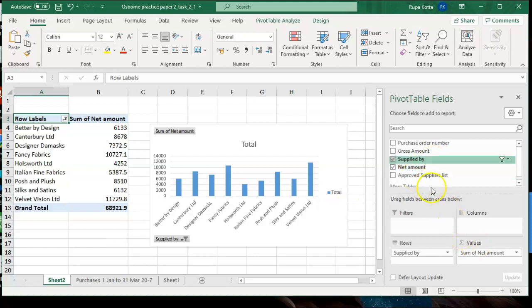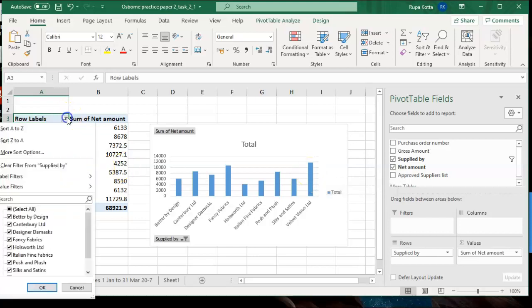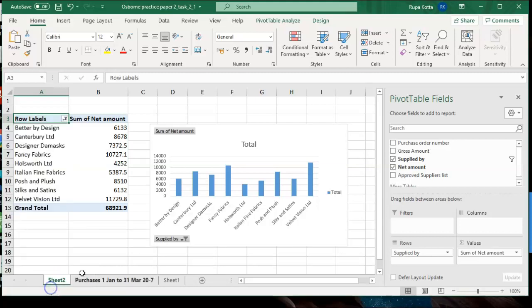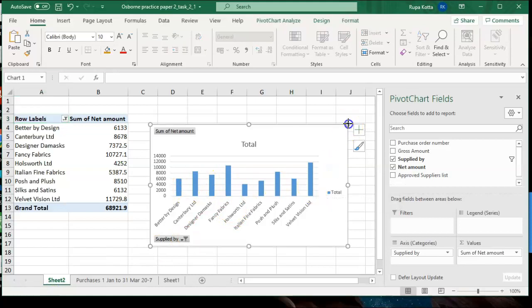So net amount has been dragged, supplied by has been dragged. Because the total value was also coming, the chart was not displayed properly. So because of that, I went to the row labels and I unticked that blank column which was the total and clicked OK. And when I did that, only the supplier details are coming without the total information.